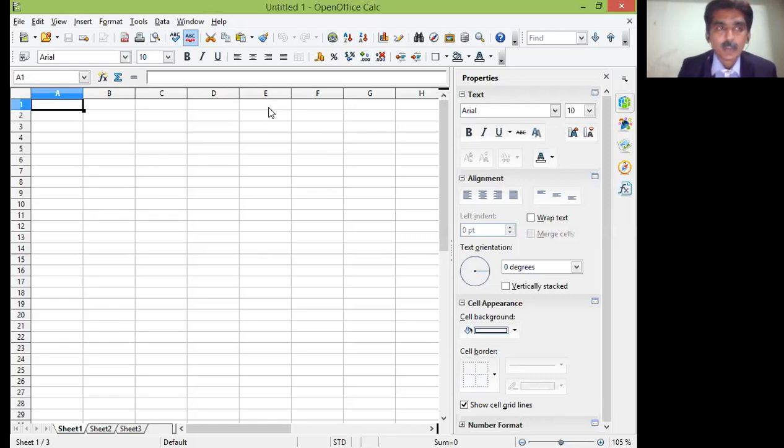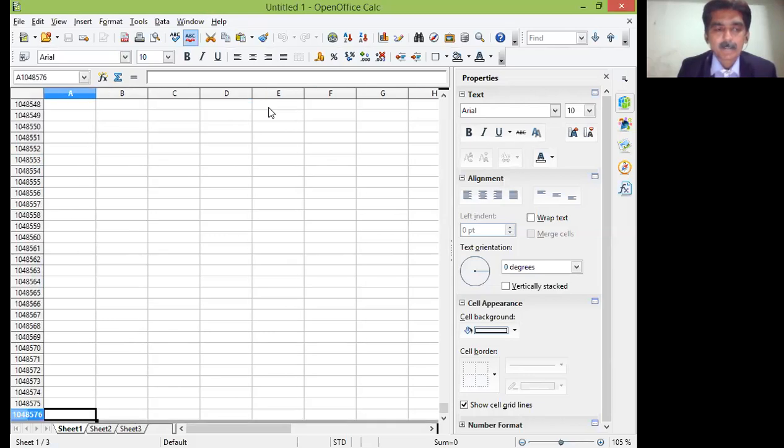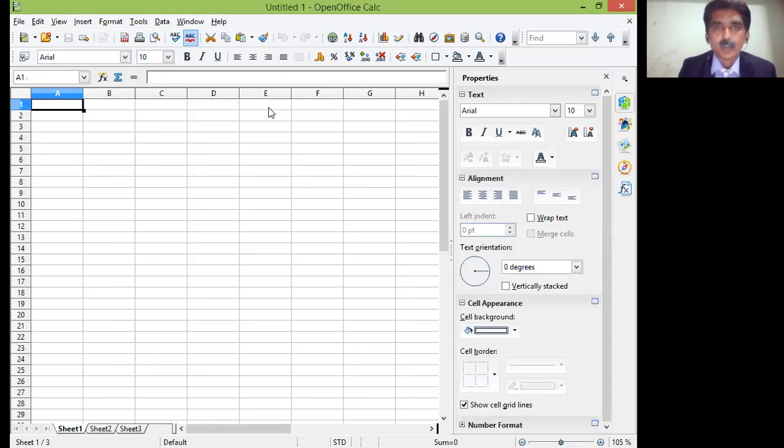Now I will show you row number 1. This is 2, 3, 4, 5, 6, 7. Like that, Control plus down arrow key will transfer my control to the last row, that is the 1,048,576th row. Okay, again Control Home. See how vast a number of rows and columns there are on a single worksheet. This is a single worksheet. Likewise, we can have several worksheets in a single workbook.